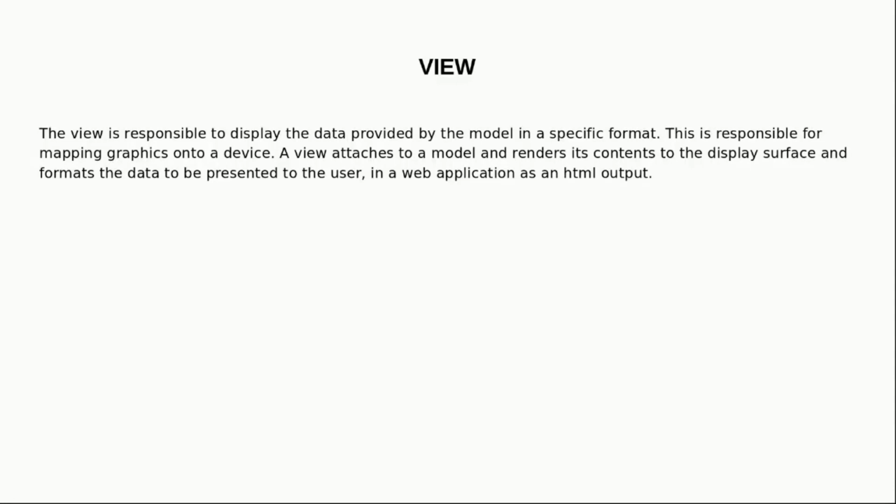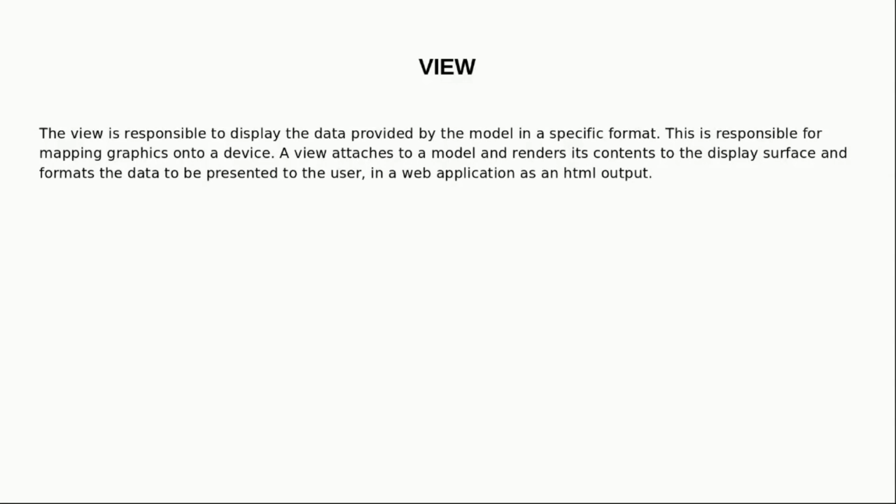A view attaches to a model and renders its content to a display surface, and formats the data to be presented to the user. In a web application, it is an HTML output, for example. Just as we have earlier been talking about, our view is more of the presentation layer, taking into consideration that it won't present any data if it has not linked to the model. So your view links to the model and gets the data that it needs,